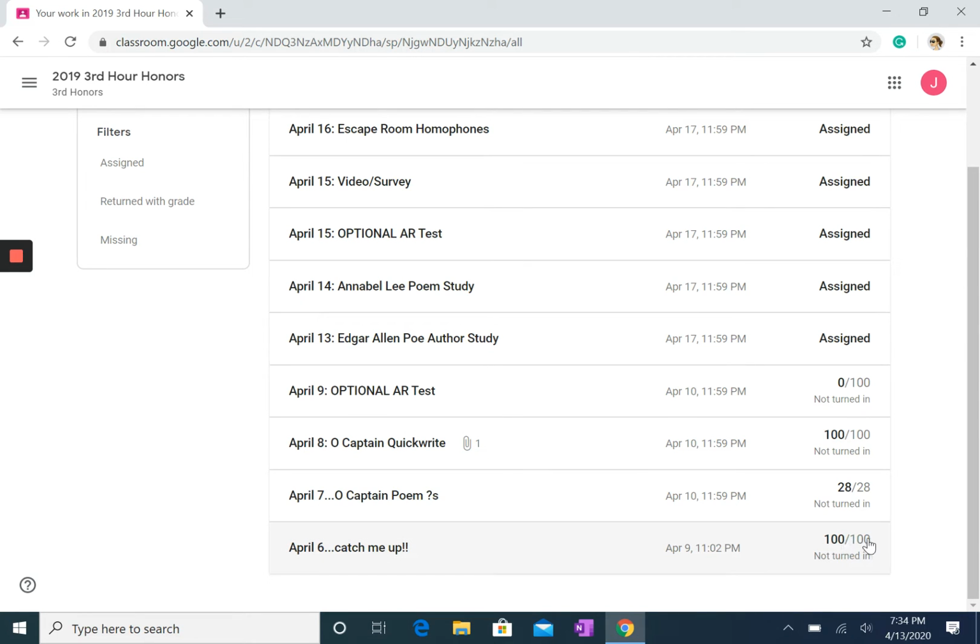So I made a 100 on this. I got 28 out of 28. There's a 100 on that. I got a 100 on that. But oh dear, look, she's given me a 0 on this. It's not turned in. That means I better go back and figure out what that is, and so I can